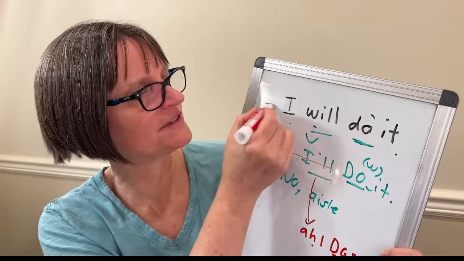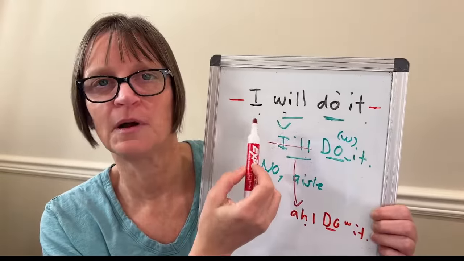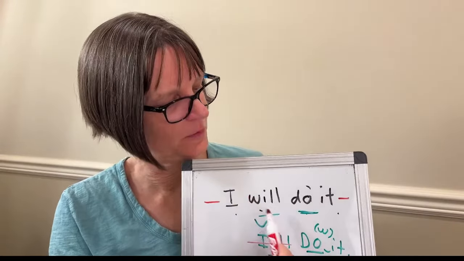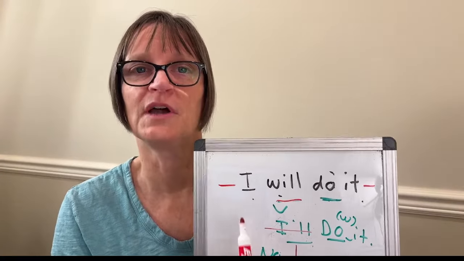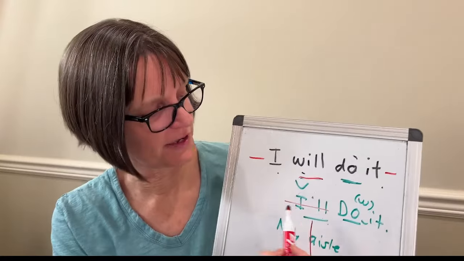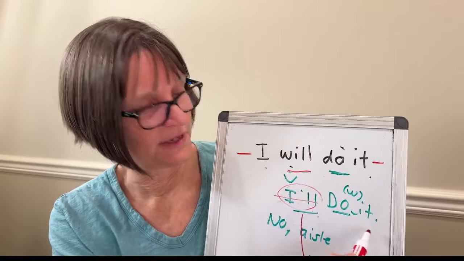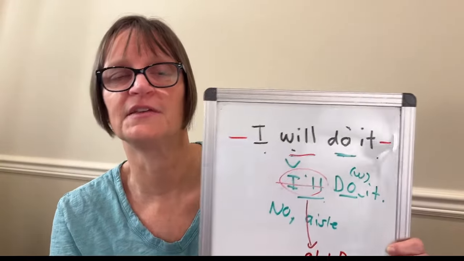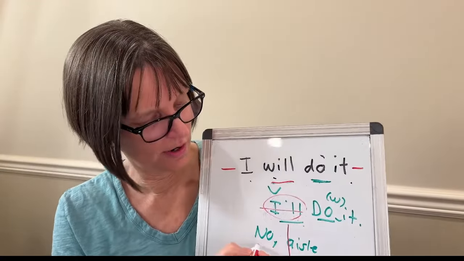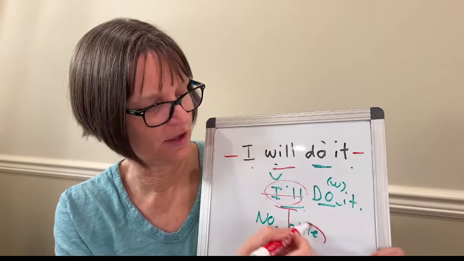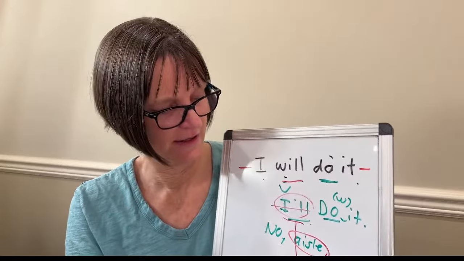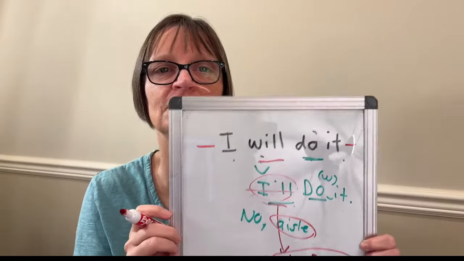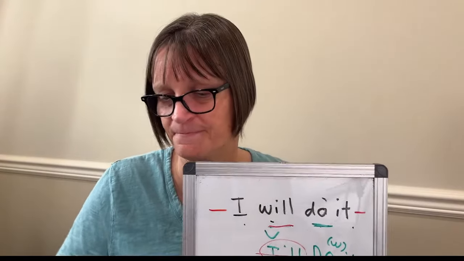Okay, so for this exercise, we went from the least fluent, I will do it, to one way we do say all the words, I will do it, that's natural for stress, to I'll do it, that's the main way we would say this in most cases, or I'll do it with the I'll pronunciation if you're trying to stress on that. So a lot of different ways this phrase can be said. The most common and the most fluent and natural is I'll do it. Okay, great. I hope you liked that.